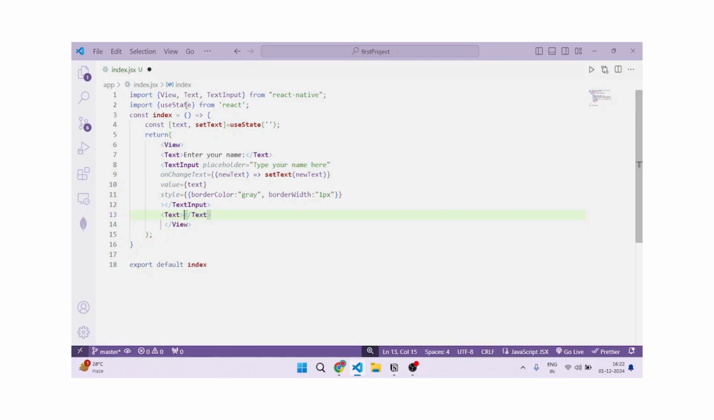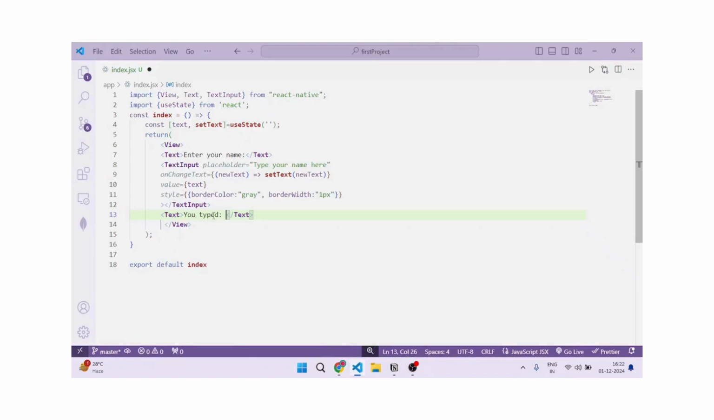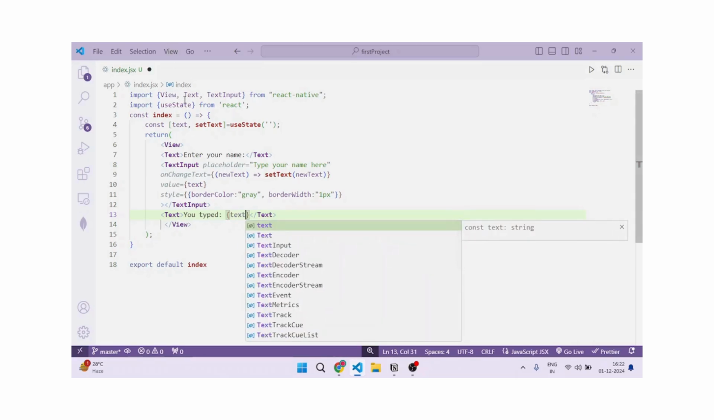Remember guys, we just need to import the component once and use it as many times as we want. So you don't have to write text again since it's already imported because we used it here. That is covered. Now you can type you typed. Since I wanted to display this text below the box, I'll simply type you typed, and inside curly braces, I'll pass this particular text. All right, now let's save this